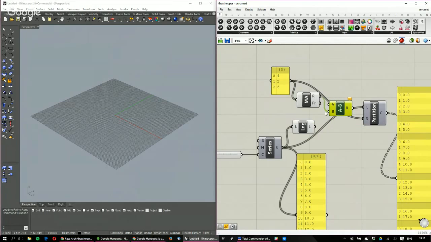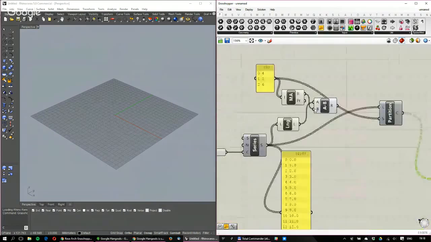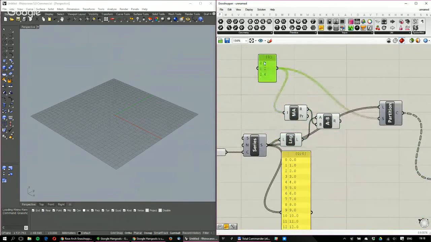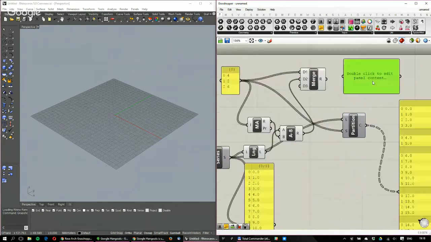Subtract this number from 20. So this is the rest. So now I know that the last sublist should have 8 items. Therefore, I will take this as my given length of lists, and then I will merge it with the calculated one. So I will merge it with this number 8, and I end up having,